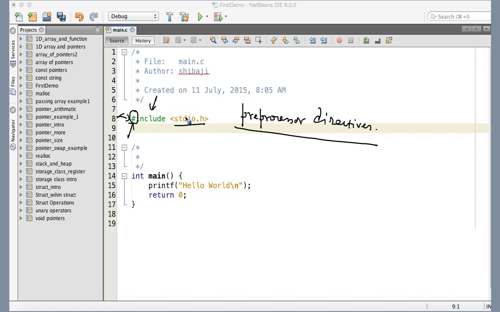So what the compiler does, it literally copies and pastes the content of this file into your source code, and then it starts compilation. That file contains the declaration of printf, so it gets to know what printf is. So when it comes here, it compiles printf without showing any error. That's why we use this hash include in order to resolve the function call, or the identity of the function, that's necessary. So main is the starting function that must be there if you want to execute your program,